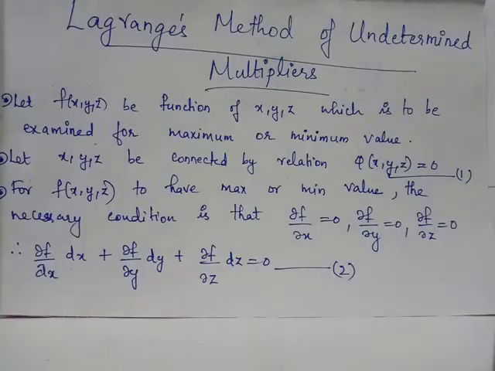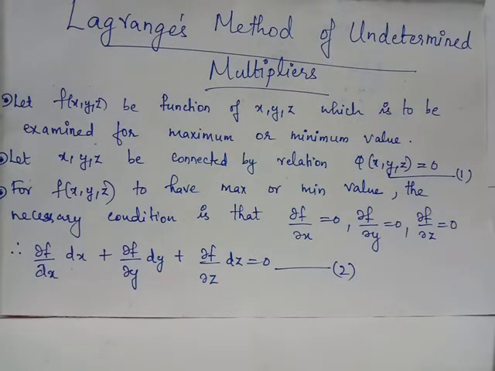Students, in this video, we shall discuss Lagrange's method of undetermined multipliers. Consider the volume function of a cuboid. We know that a cuboid involves three dimensions: length, breadth, and height. So whenever we have a function involving three independent variables, say f of x, y, z, whose minimum or maximum